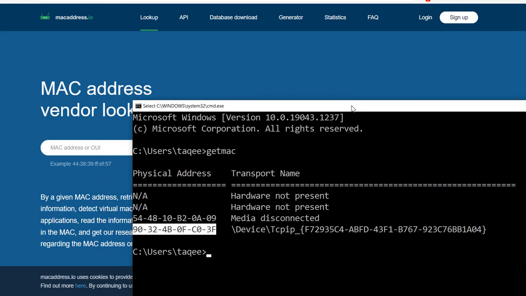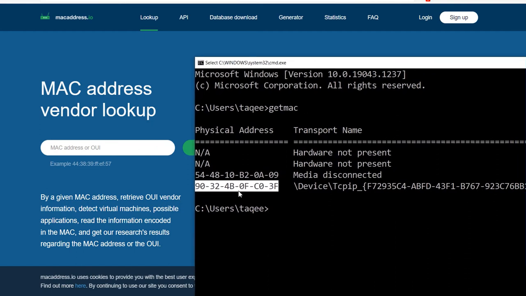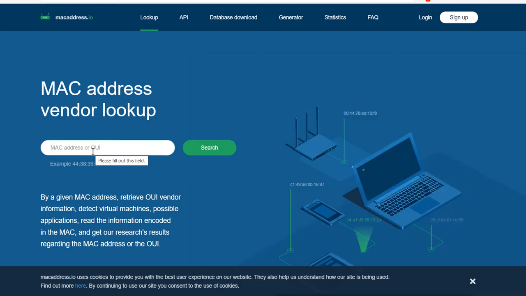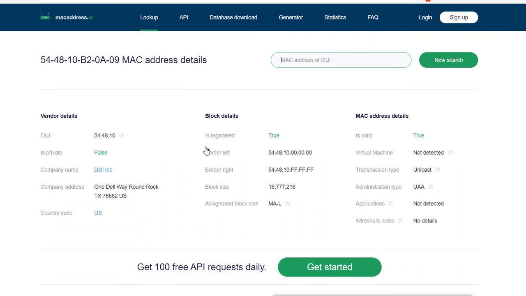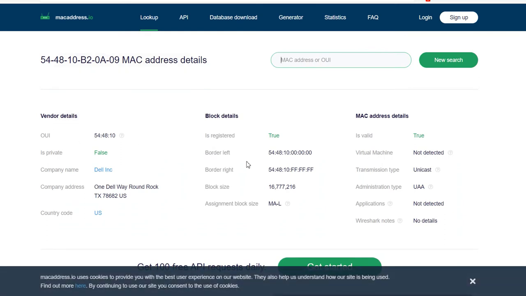And I will copy this first MAC address and paste it here. It gives me the details of my MAC address, about the company and everything. The company is Dell, and it is getting it from only the first 24 bits. As you can see, 54 48 10, 54 48 10. So by using these first 24 bits, it knows that this is from Dell.